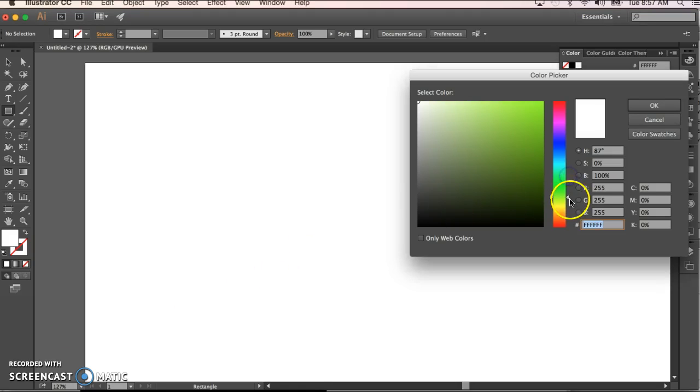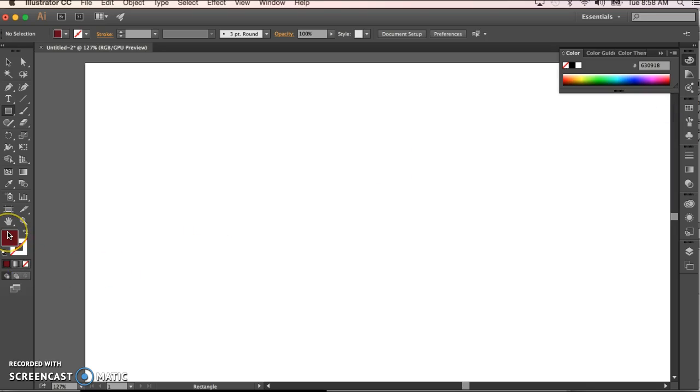So I use this slider here to select the overall hue, and let's say I want something in the red range. Then I use my cursor to select whether I want a real desaturated color, a real saturated color, a real bright color, or a real dark color. So I'm going to go somewhere over in here, I think, and I can keep clicking, and you see up here it changes as to what color I have. So what I'm doing is just picking a starting color to go by. I click OK. I now have the color there,